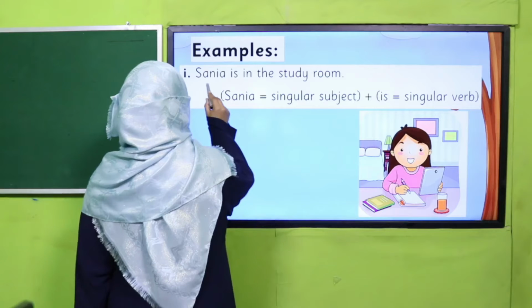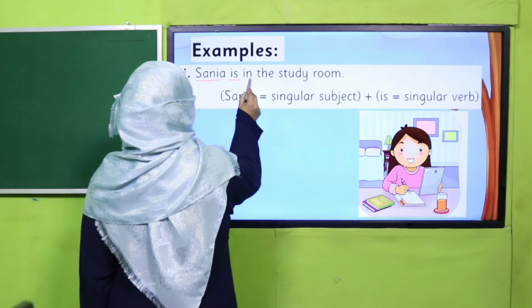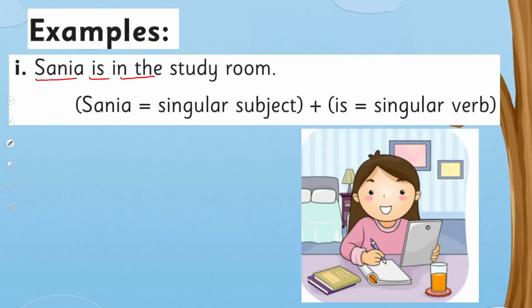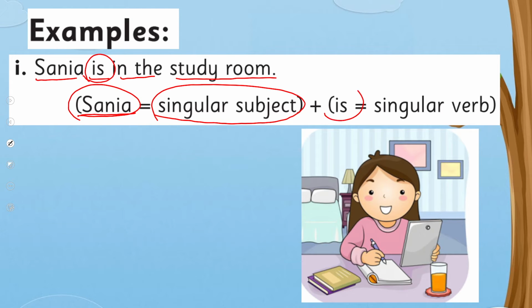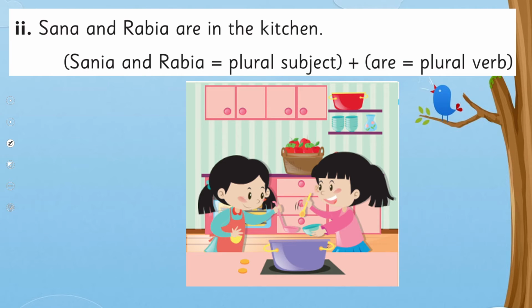For example, Sania is in the study room. Now Sania, you know Sania is subject. Why? Because she is doing the work. She is singular subject. That's why here I have used is. Sania is. Okay. Sana and Rabia. Now there are two people. So it is